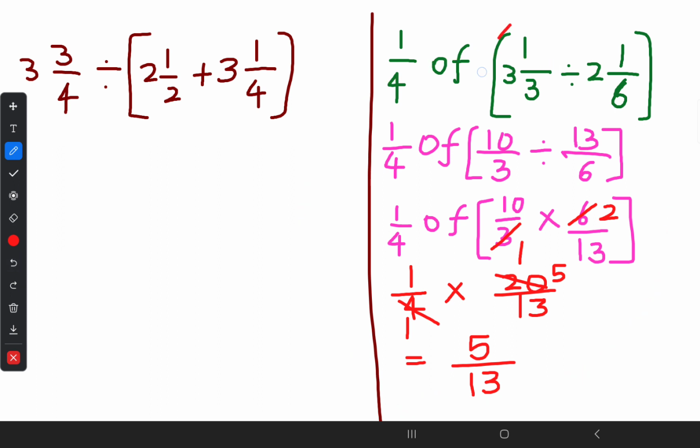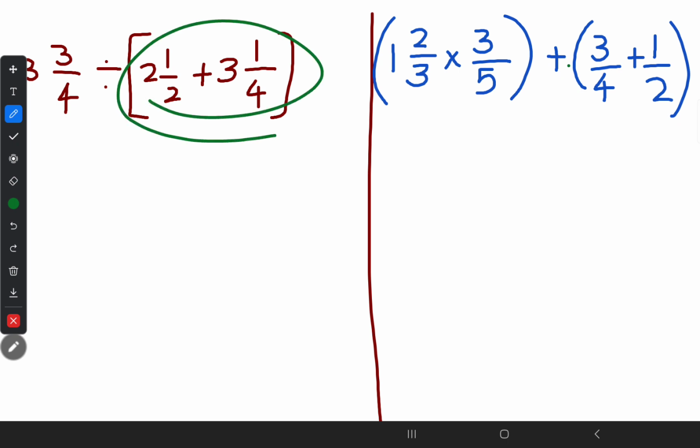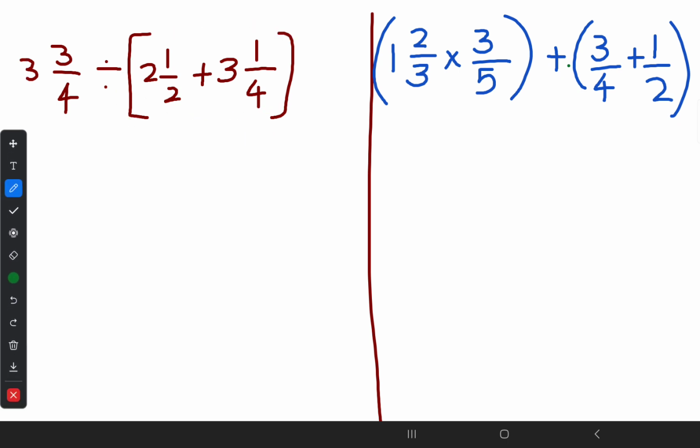What we did first, we converted the mixed fraction to an improper fraction, then division to multiplication, then we simplified, then after there is an outside "of", which means multiplication. Final, after completing final simplification, we got our answer as 5 upon 13. Okay, in the left hand side question, let's try the question. Here there's a bracket, so we have to do that one. Before that, let's convert the improper fractions first. So 4 over, it would be 15 divided by, it's 2 over 2 2s are 4, 4 plus 1, 5,